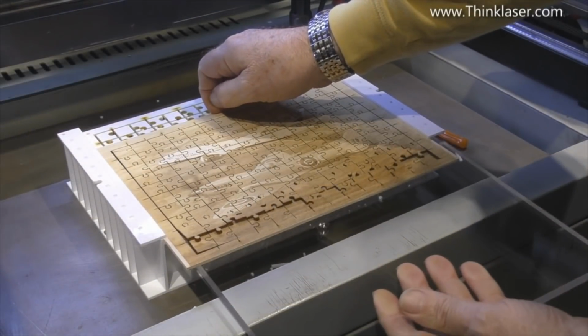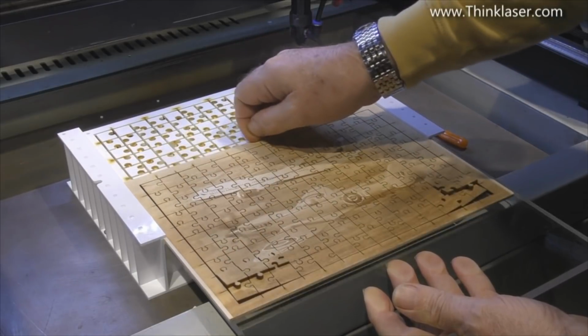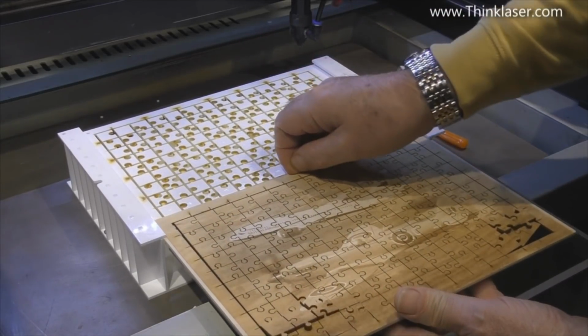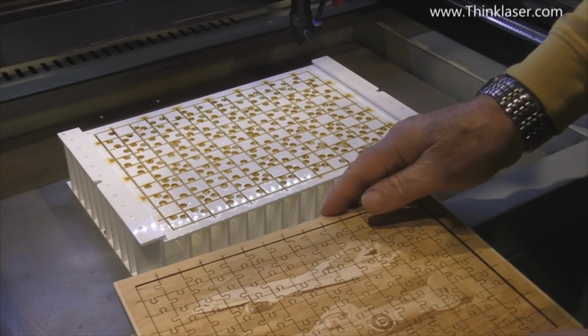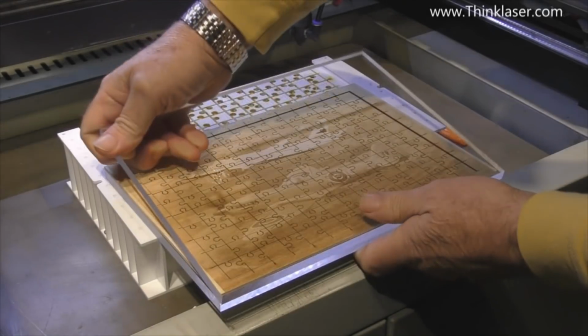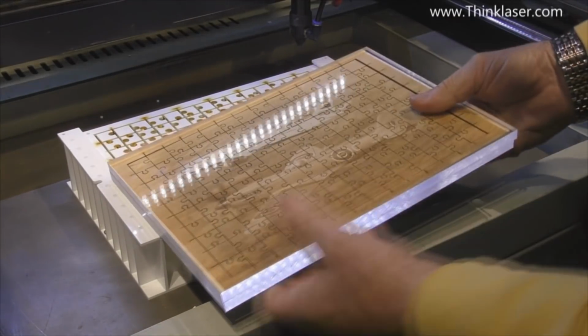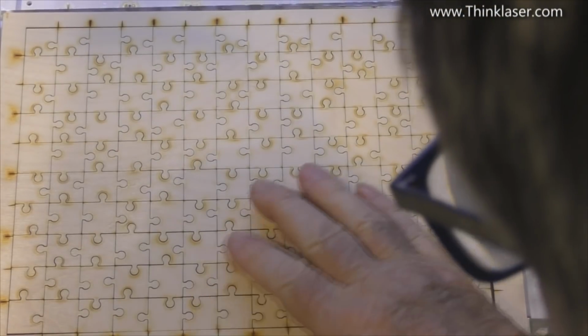With a piece of clear perspex underneath, I'll slide the whole puzzle out. And the reason I've slid this out onto a piece of A4 clear perspex is so that I can turn it over and we can have a look at the back. Well, I have to say that it's not